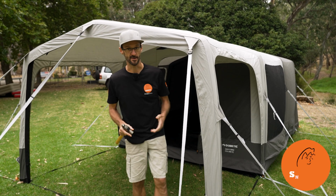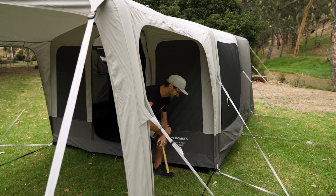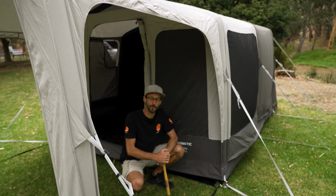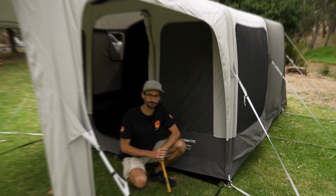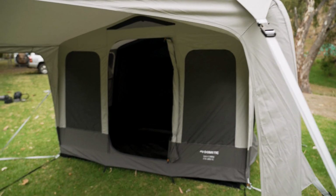G'day folks, Ben from Snowy's here today showing you how to set up and pack away this Dometic Santorini FTK 4x8 TC Inflatable Tent. Hit it. Durability of canvas. It's got that inflatable frame which is really forgiving, super easy to pack up and really easy